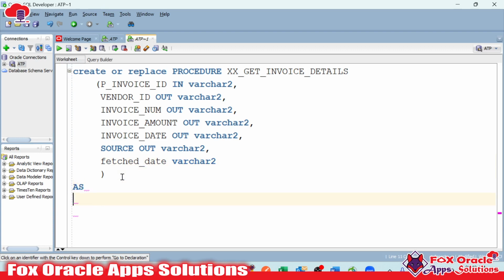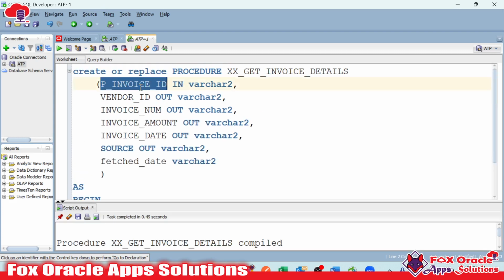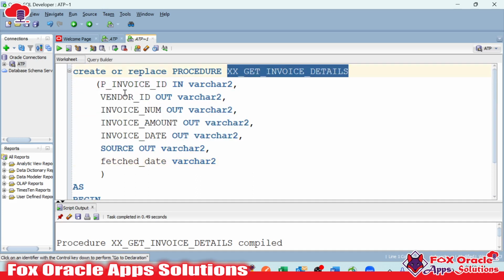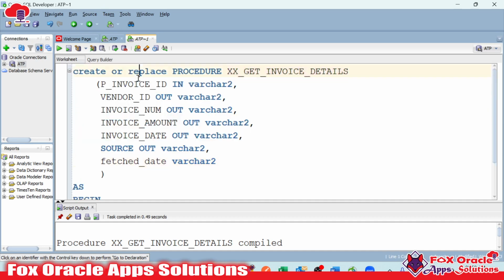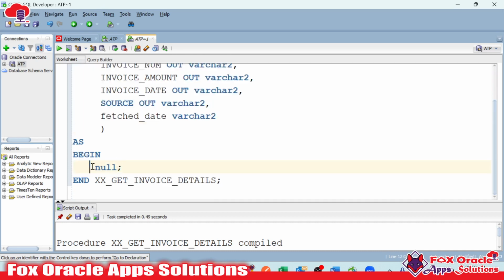Let me create one variable. So here, whatever parameter the user provides as P invoice ID as an IN parameter, and the OUT parameters we defined, the procedure is going to return back all these values. So we will get the data from the table based on the invoice ID and return all these values. So here we are going to write an SQL query to get the data. So select